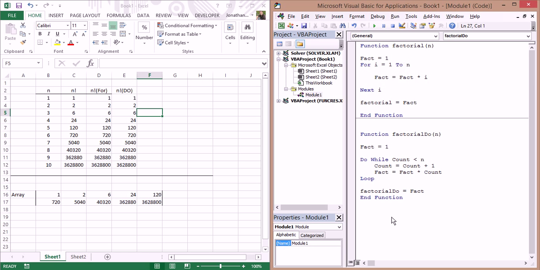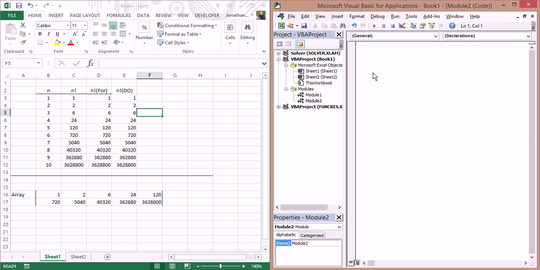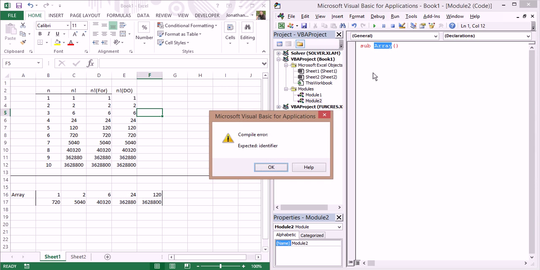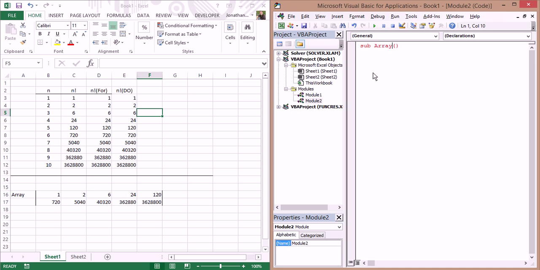I won't go too in-depth into arrays, but I'm just going to give you a heads up of what they are. So I'm going to make a new module just so it makes it less confusing. All right. And let's make this a sub array. Oops, doesn't like that name. Let's just call it my array. All right, I think array is an actual function inside of VBA, so that's why it didn't like me titling my subroutine that. All right, so